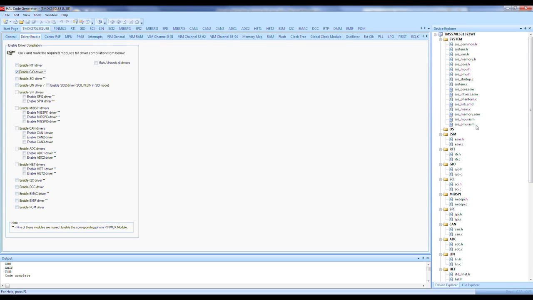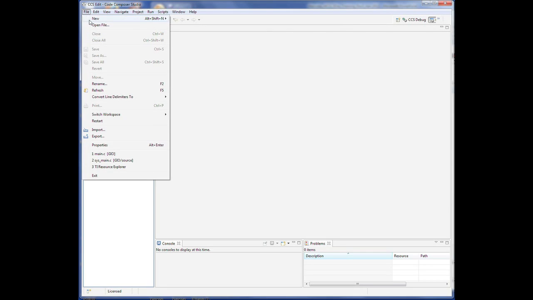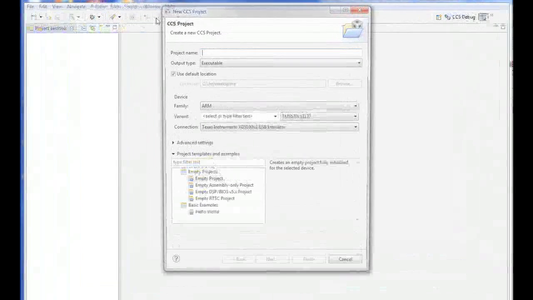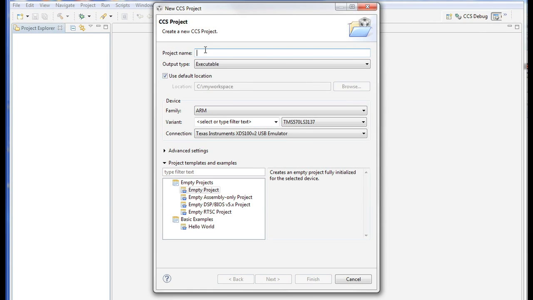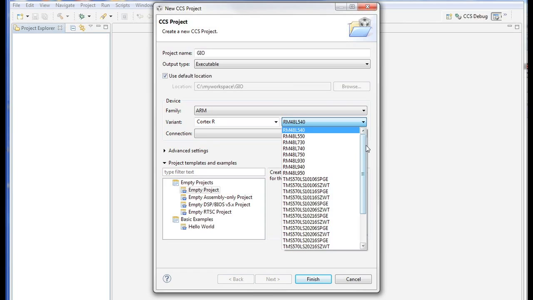We'll do that now. So inside Code Composer, the first step is to create a new project. We do that by selecting File, New, CCS Project. Then we give the project the name, and we give it the same name that we used inside HALCoGen. The next step is to configure the device. The default family is ARM, which is correct. Then the next option, we choose Cortex-R inside the variant field, and then choose the specific device we're going to be using, which in this case is